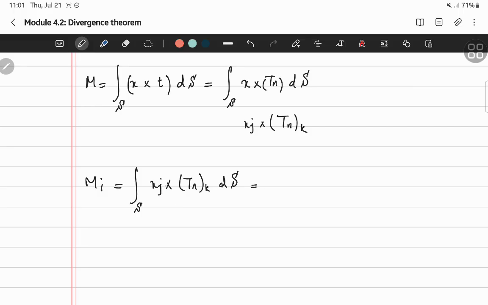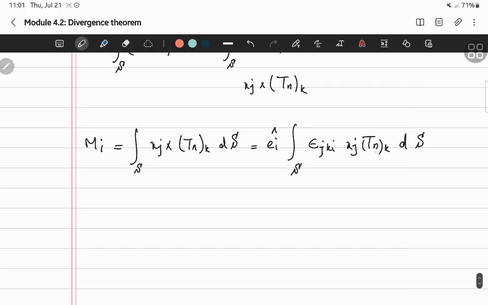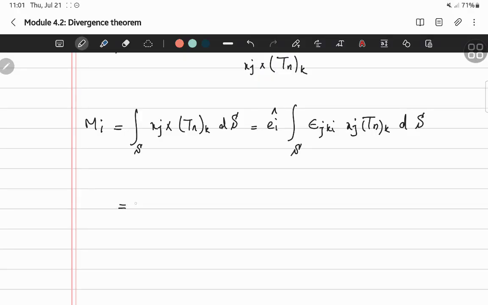So if I do the cross product, then I'm going to get e_i, then epsilon_jki, then I have x_j t_n_k dS over S,